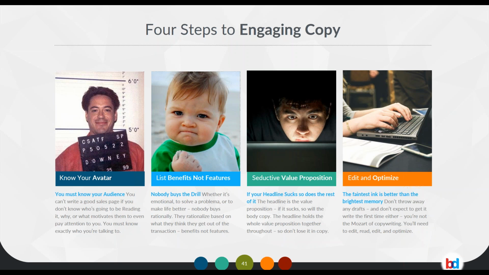Most people want to talk about features because features are easy to talk about. It's red, it's blue, it goes beep, it has 6 wheels. That's all great. Nobody buys on that basis. That's not engaging copy. That's why nobody reads the back. If you get car brochures, nobody looks at all that stuff in the back about the benefits and the passive restraint this, that, and the other thing. Everybody wants to look at all the pictures and everyone having fun up front, because that's the benefit of buying a new car.